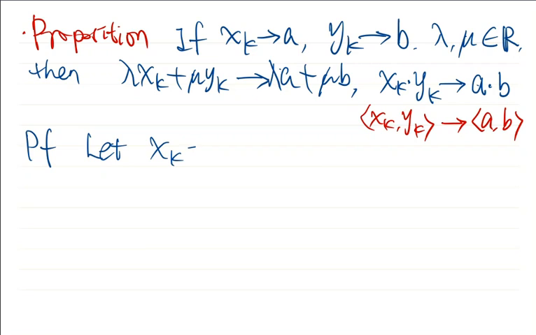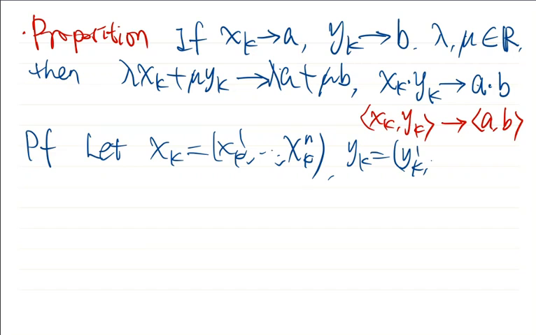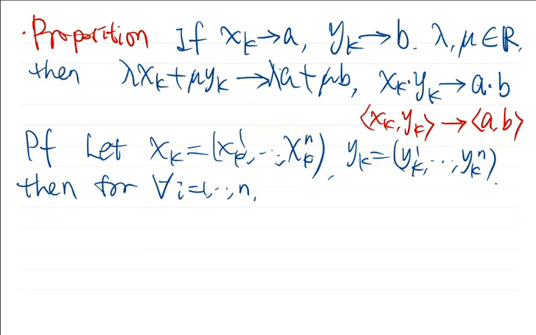Suppose xk is xk1, ..., xkn, and yk is yk1, ..., ykn. Then, under the assumption of this proposition, for any I from 1 to n, xki will converge to ai, yki will converge to bi. Because xk and yk converge to a and b respectively, therefore they converge component-wise. Hence,